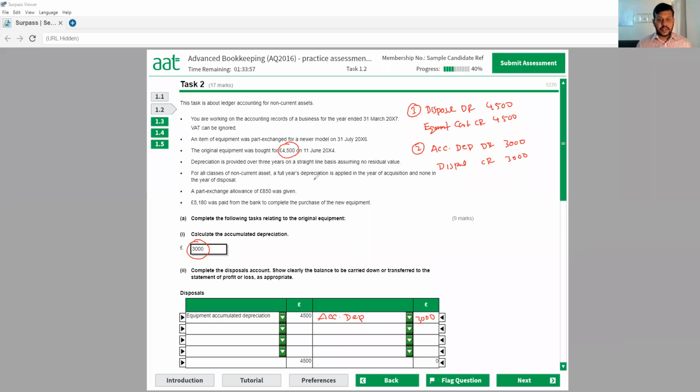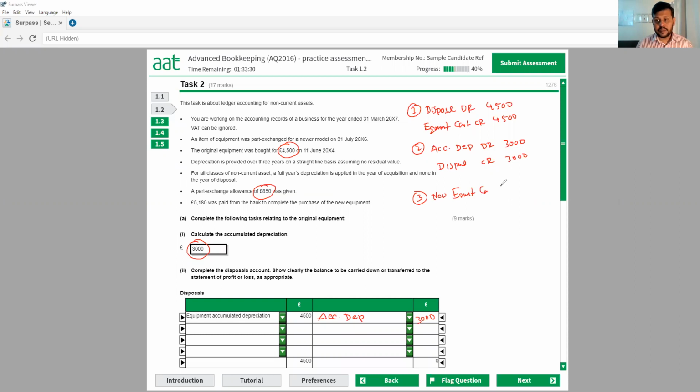And after that, we have some part exchange. You see that? The money is coming for the new, but the money is not being received in the bank. If the money comes to the bank, it will be a debit. But here I'm not receiving any money because I'm receiving the new machine by giving the old one. So for that reason, my equipment at cost, the new equipment,